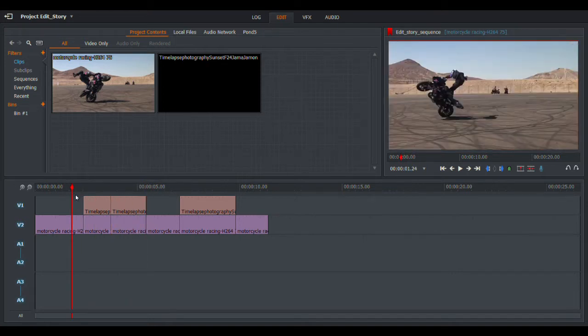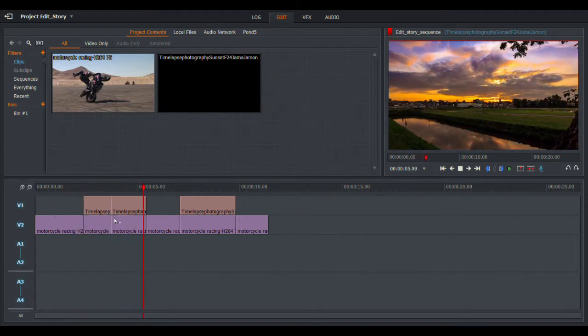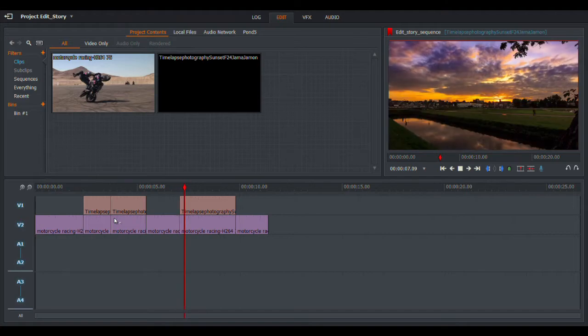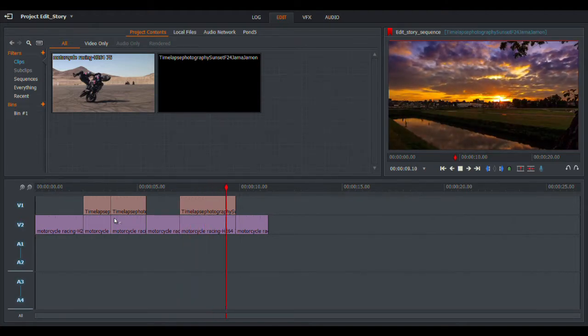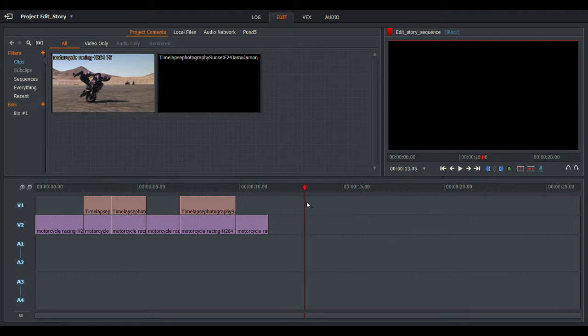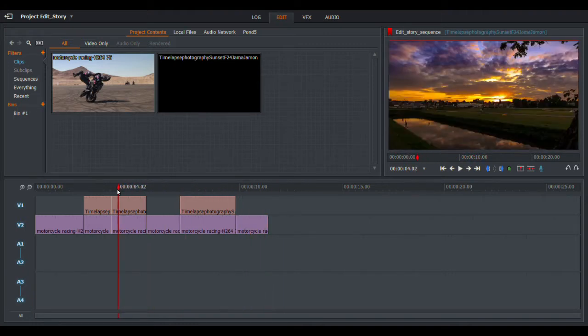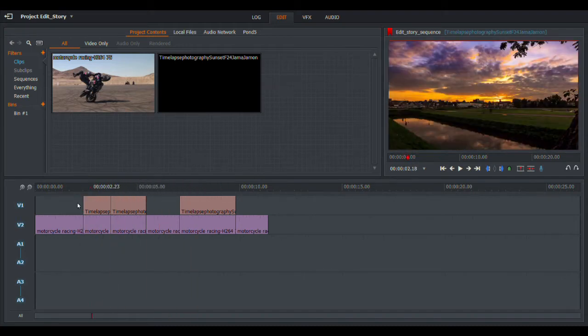So we start on a motorbike, and as you can see, it switches to that time lapse, switches back to the motorbike, back to the time lapse, and back to the motorbike again. Okay, so there we have it. That's a very simple way of doing it. When you've finished,